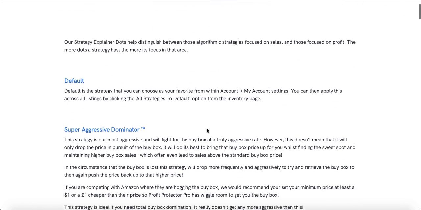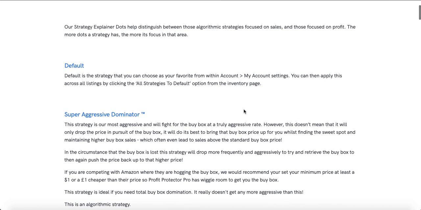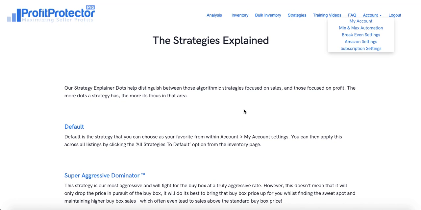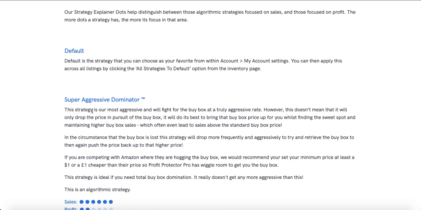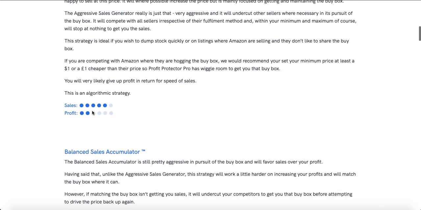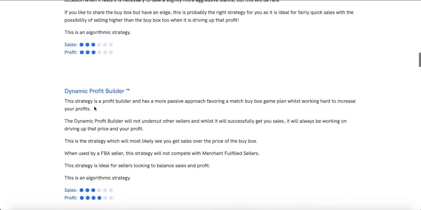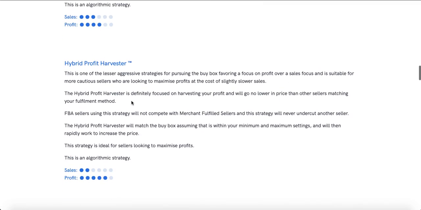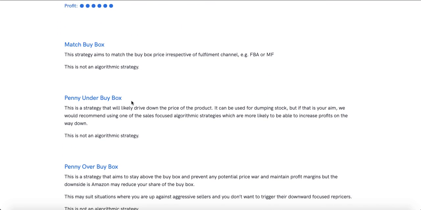So let me explain. As I mentioned a minute ago, which I'll show you soon, you can go into your account here and set your default strategy. Your default strategy can go along all of your SKUs, and you can change it as frequently or as infrequently as you like. As you can see here, we've got the super aggressive dominator, the aggressive sales generator, balanced sales accumulator, cautious sales enhancer, dynamic profit builder, hybrid profit harvester, passive profit maximizer, match buy box, penny under